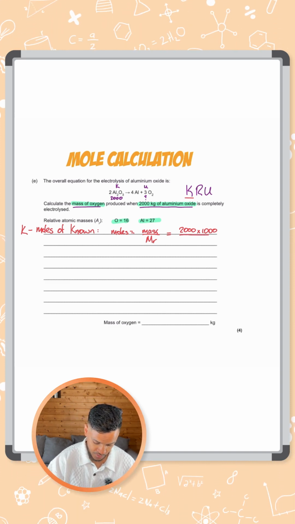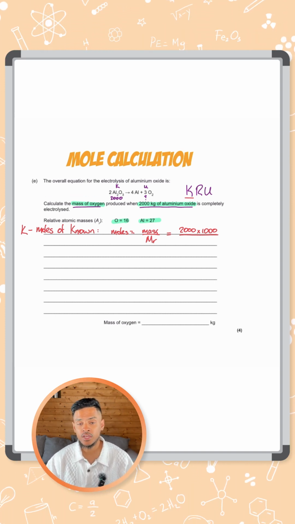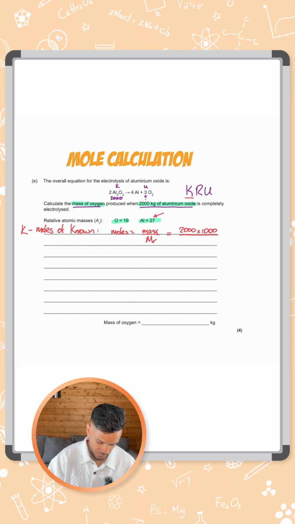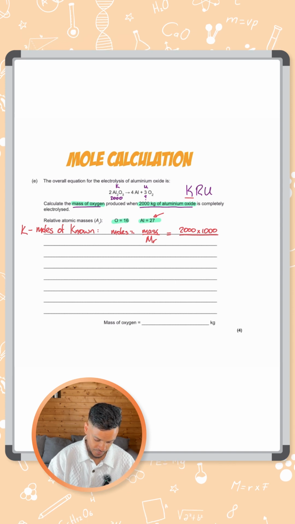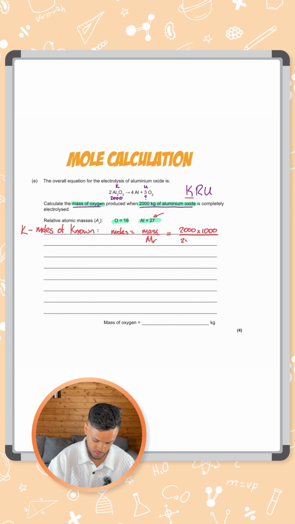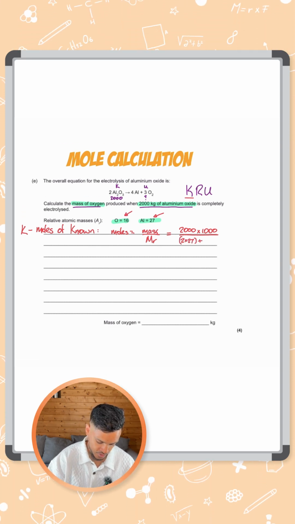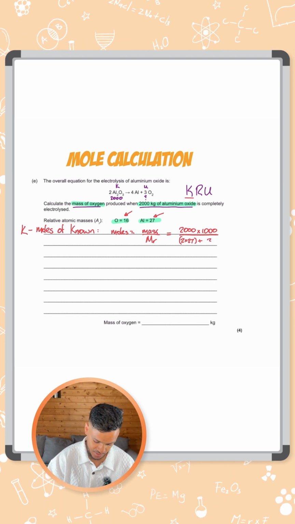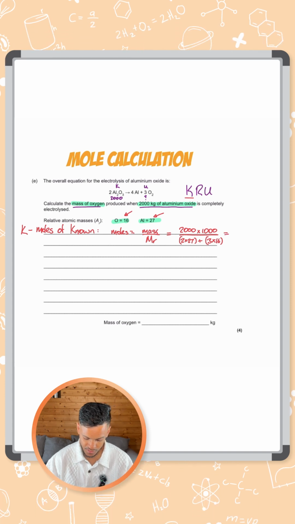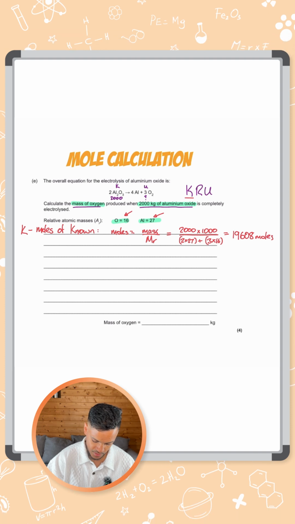So we get the 2 million grams and divide that by the mR of Al2O3. Remember how to work out mR? You add up the ARs of each of the elements. So we've got aluminium here, which is 27. We have Al2O3, so that means we've got 2 lots of 27. So we're going to write 2 times 27. Then we're going to add that to O3, so that's 3 lots of oxygen, which is 3 lots of 16, so 3 times 16. Now, putting that all into your calculator should give you 19,608 moles. And that's the moles of